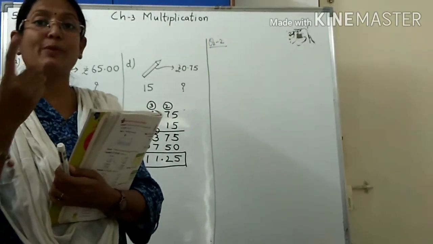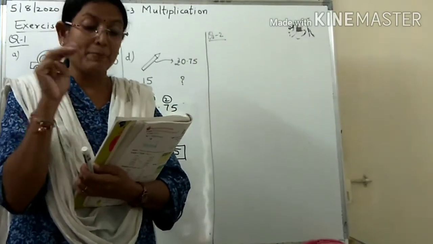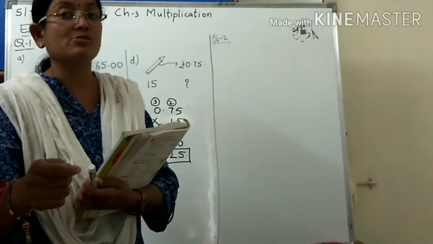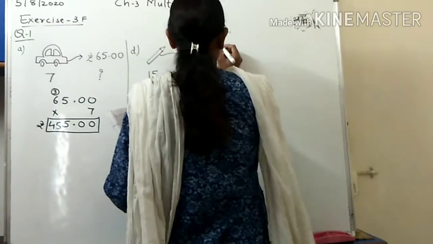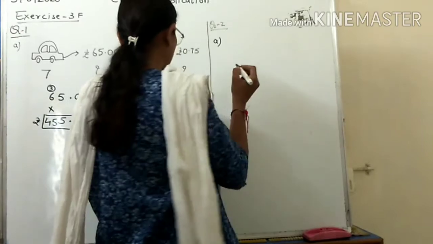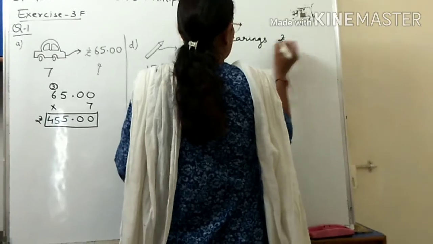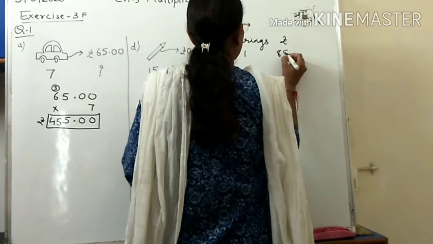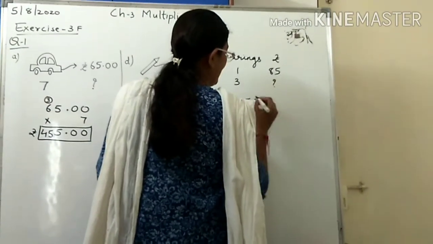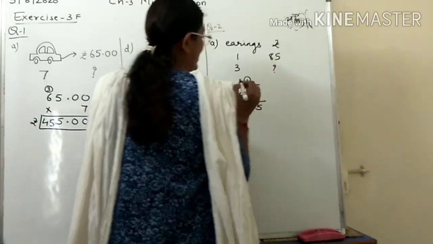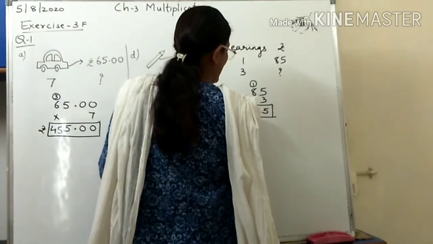Means she has to pay 85, 85, 85, means we'll add these 3 or we'll find the total of that, and then she is paying 500 rupees to the shopkeeper. What change she will get back? So here 2 things we have to do. First we will find the cost of 3 pairs of earrings. Number A, here first we will write earrings and then rupees. 1 pair of earrings will cost rupees 85. 3 of how many? 85 multiply by 3. 3 fives are 15, 5, 1 carried over, 3 eights are 24 plus 1, 25. The answer is 3 pairs of earrings will cost rupees 255.